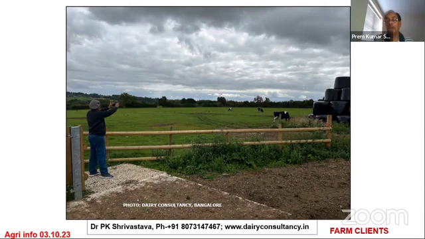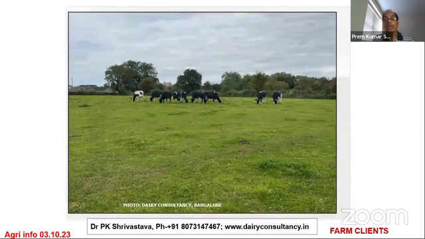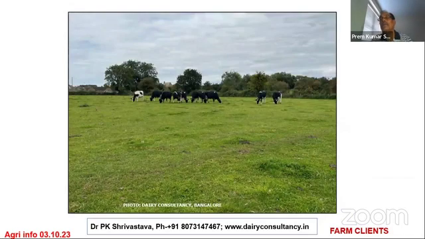And fortunately, look, there are hardly any weeds in the grass. They are not using weedicide. They are not using fertilizers. They are generally using compost. They are not using most fertilizers. They are using compost.